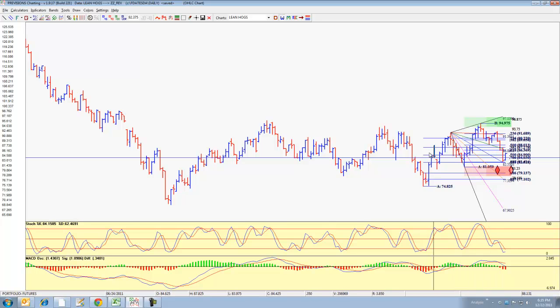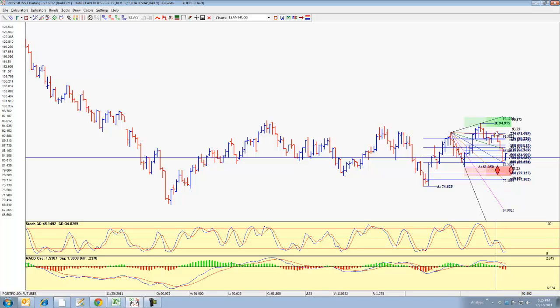It's got a lot of stuff on there because I tend to use a lot of things in my analysis. Here's the weekly top of October 21st where we sold. Remember I put out that warning there to sell. We sold all the way down to the week ending 11/11, which we knew all the way back here that we were going to go to. And then here we mentioned that we were going to go up until the week ending 12/2.